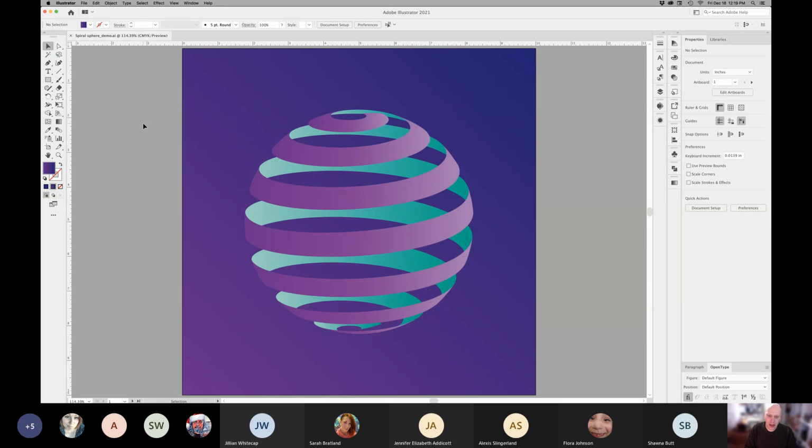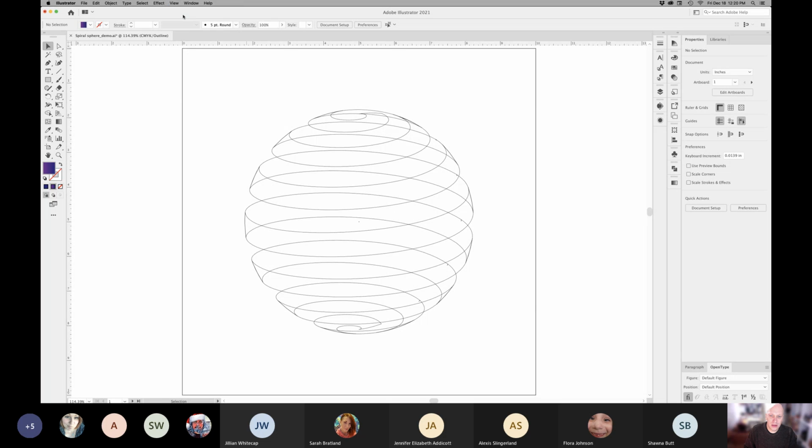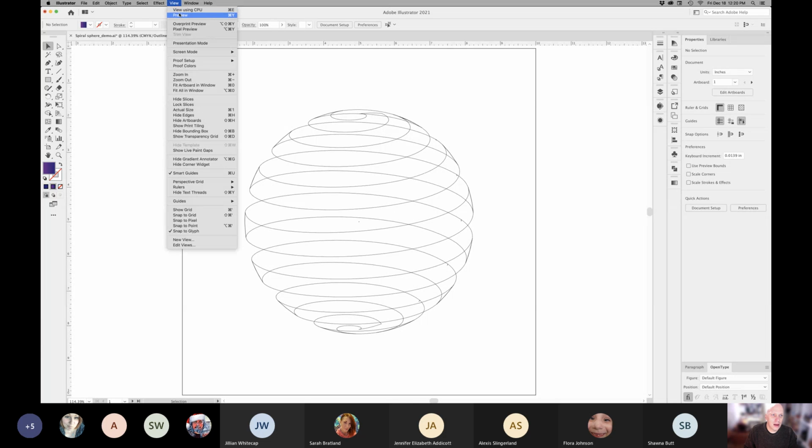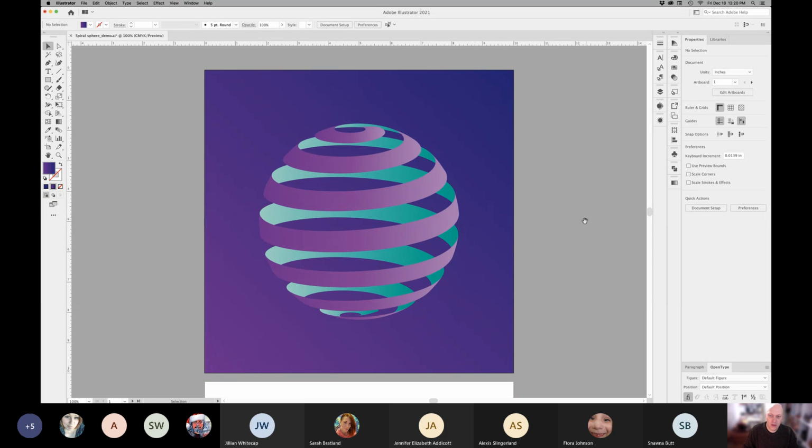This is a quick demo on how to create this spiral sphere. As you can see, if I go into my outline preview there, this is what it looks like, but how do I get to do this fairly quickly? So I've created a new